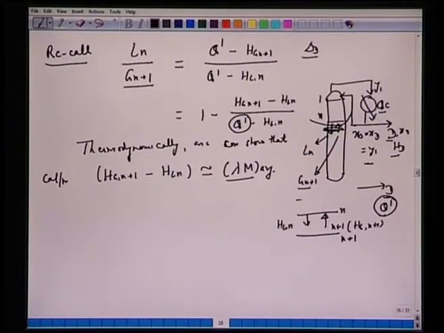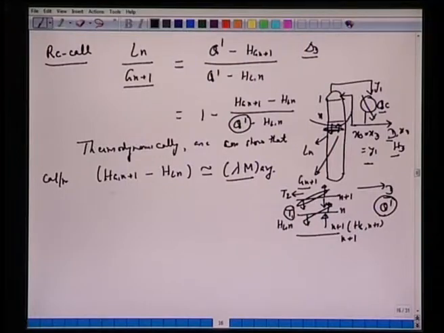Now every plate which we have in a stripping section or in the rectifying section, we have the streams, vapor and liquid, leaving in equilibrium, and the difference between the total energy of these two streams is the same as Q dash. What we are saying here is about the specific enthalpy HGn plus 1; see, the temperature varies from T1 to say T2, or Tn plus 1 to Tn. All right, and this vapor and the liquid which are leaving are saturated with respect to this temperature. Similarly, this vapor and this liquid which are leaving the plate number n are saturated at the temperature T1. All right, so although the temperature does change, it doesn't change by a lot.